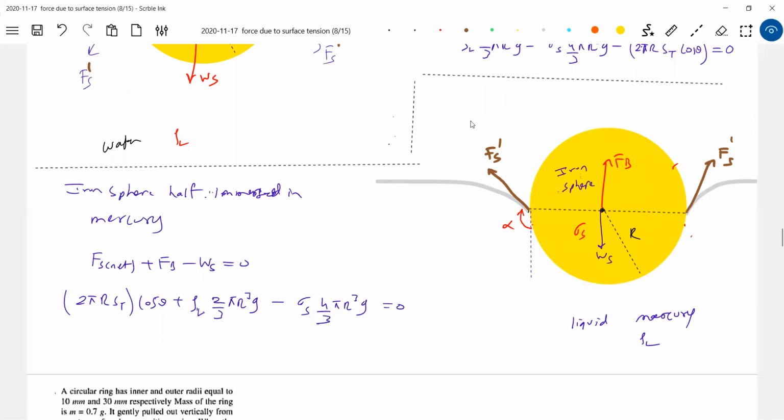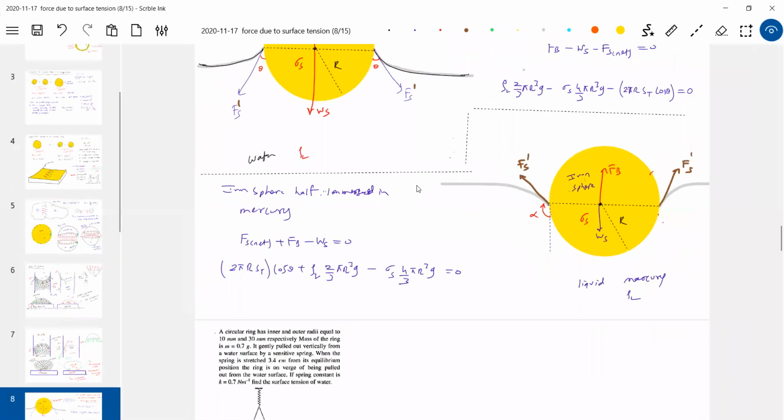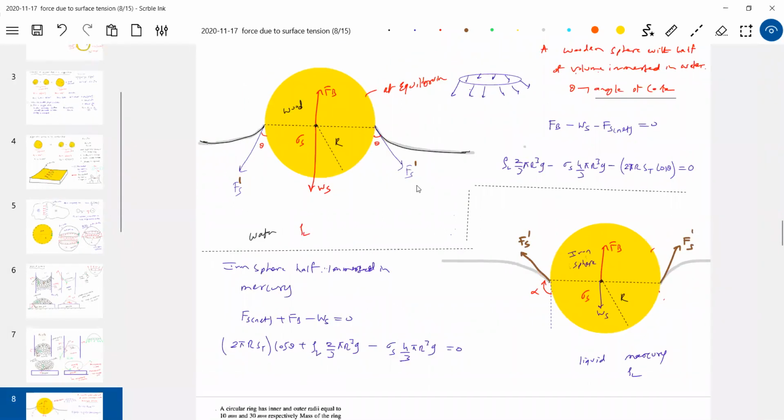See, we know weight, we know buoyancy. Surface tension is something new you're learning. So what is the method here? The horizontal force will be 0. Whenever a solid is floating in a liquid, you should check whether the liquid wets the solid or not. If it will not wet, then alpha should be obtuse. If it wets, then alpha should be acute. Getting the idea? In every numerical, where the solid comes in contact with the liquid, check whether it will wet or not, or what the angle of contact given is.